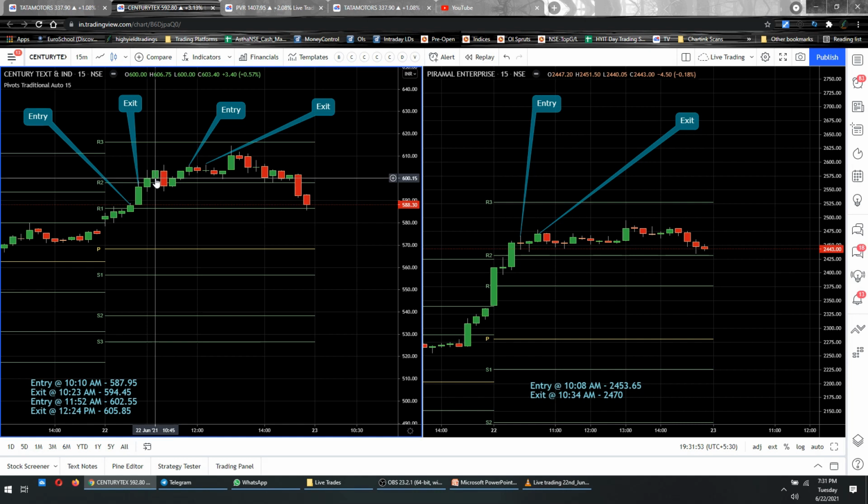Okay, just to make it clearer, again, the 10:30 candle is the one which breached a particular resistance level, that is nothing but R2. So your entry should be initiated at any price at the 10:45 candle, and your stop loss should be put below the swing low. So the recent swing low is this candle's low, the 10:30 candle's low, and the low of the 10:30 candle was